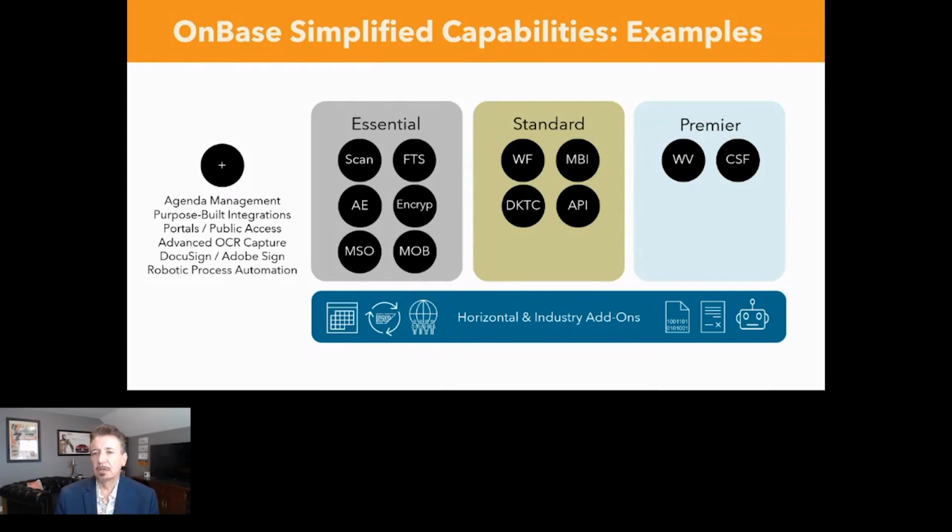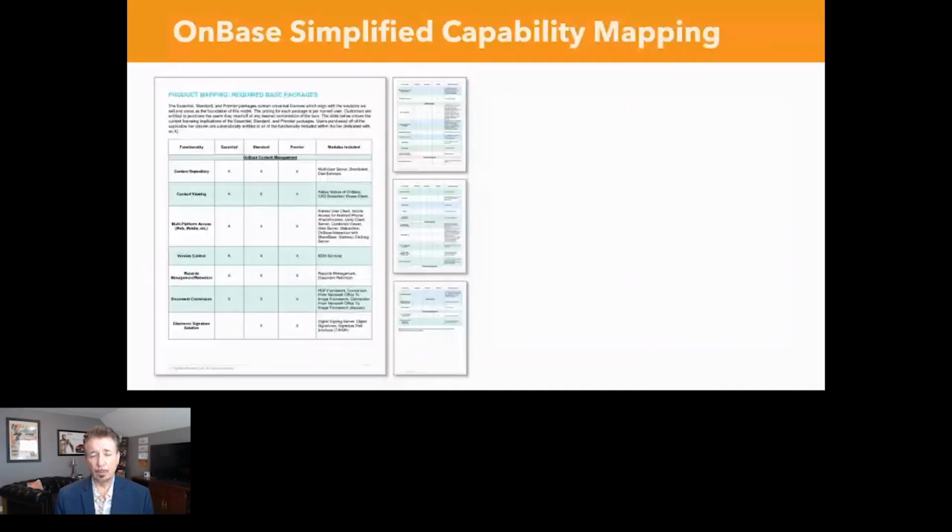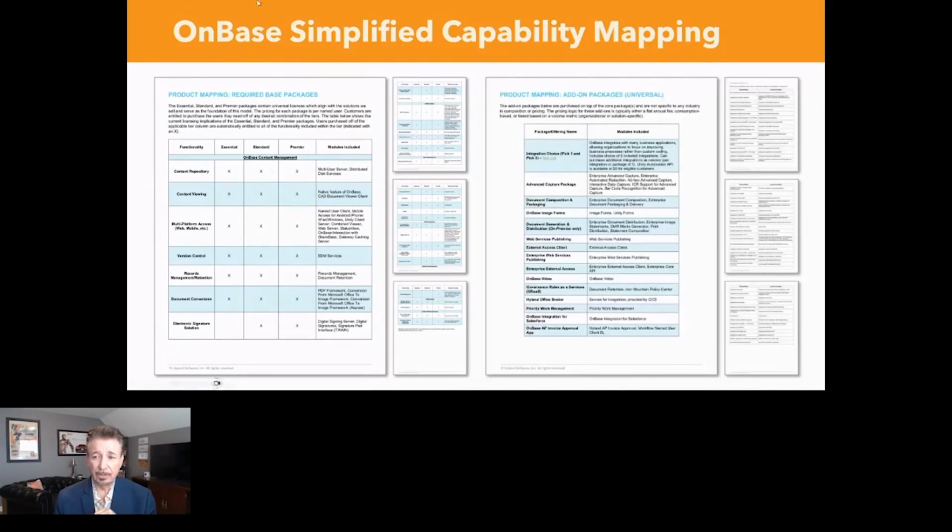And I know that's a lot to throw at you, but I want to share, we have product mapping that we can share with you and walk you through if you're really interested in, hey, this specific module, where does that fit in? We have add-on tracking for individuals. There are also add-on packages. As an example, the advanced capture package, the second one here, includes enterprise advanced capture, enterprise automated redaction, ad hoc advanced capture, interactive data capture, ICR support, barcode recognition for advanced capture. Those all come bundled in one advanced capture add-on license.